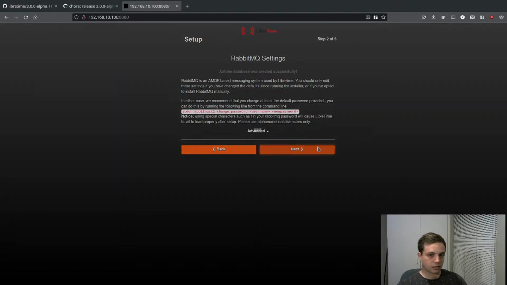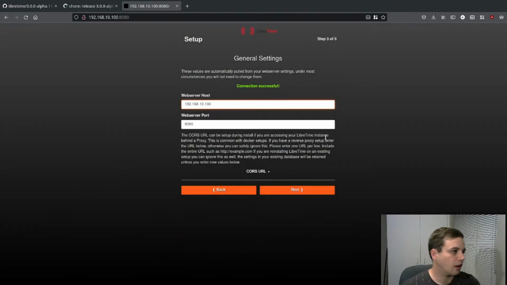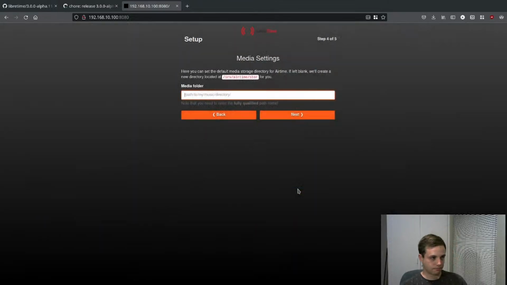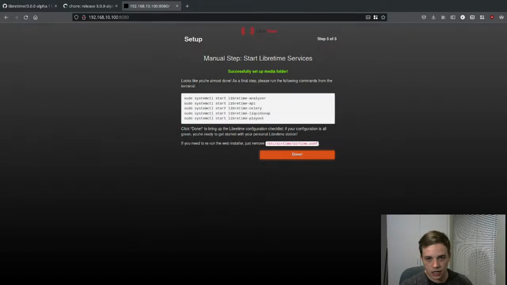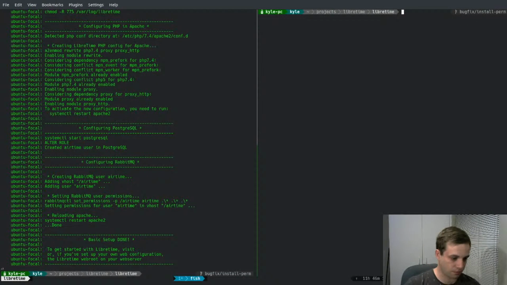Cool. Next. And it can successfully connect to everything, and we just hit next. Next. Cool. So it's telling us to restart everything, so we go back to the terminal, vagrant ssh ubuntu-focal